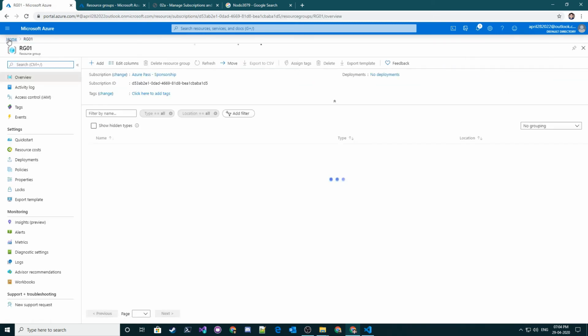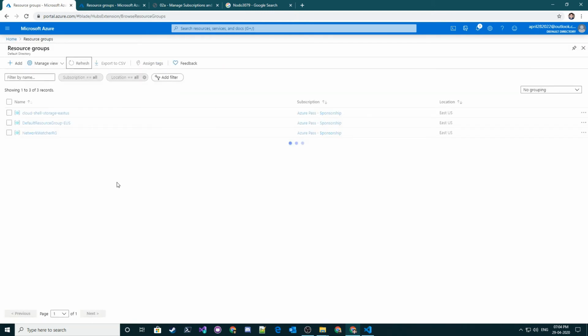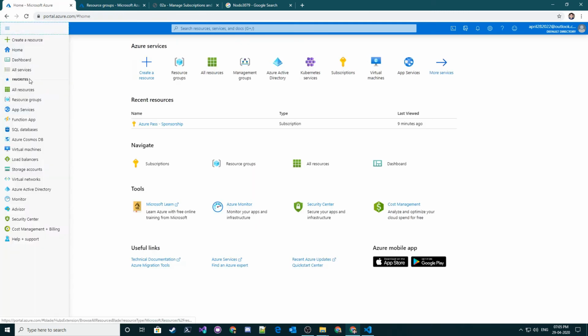So I've created a new resource group. If I go to resource groups, now I should have 4 resource groups. It's taking some time to update. This is strange.